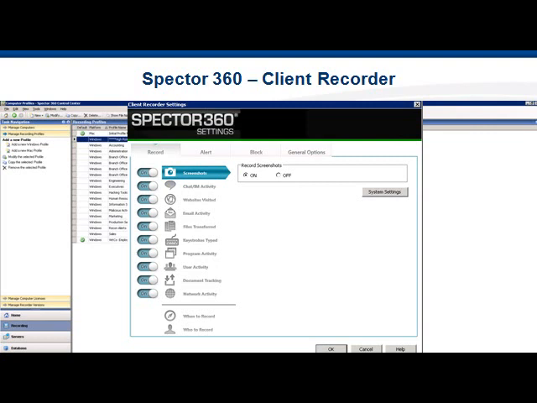Inside the settings for a recording profile, you can select what and how you'd like to record activity. As a default, everything is enabled, including snapshots, which can be recorded at intervals from every second up to 900. Plus, it can capture up to 8 monitors at once on a single machine. The snapshots playback gives you the ability to play, rewind, fast forward, and pause as you're reviewing the activity. You can configure exactly what activity you want to record to meet your needs.